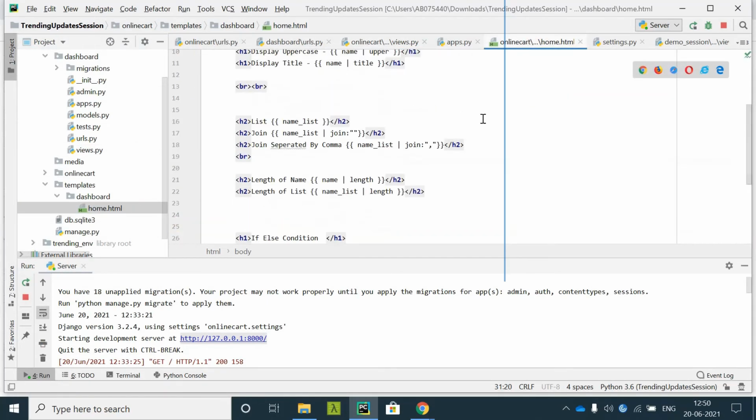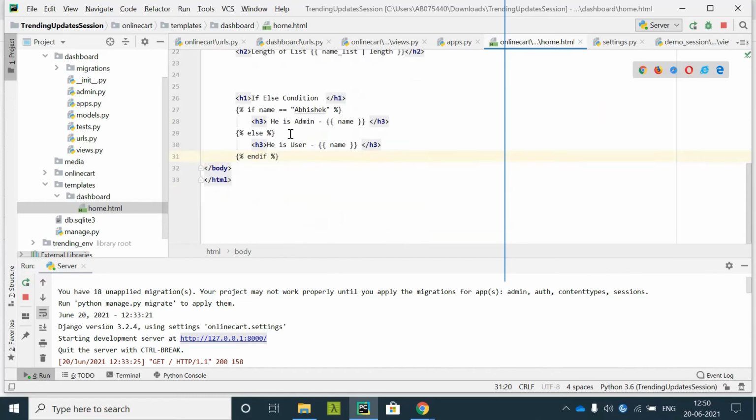So already we have the list. I'll make the heading as for loop. Okay, this is how we go and discuss the for loop.